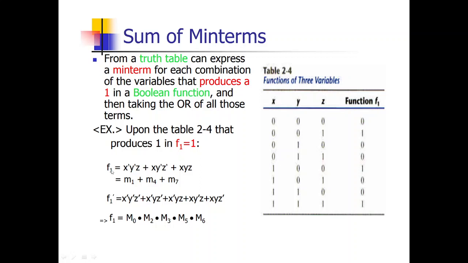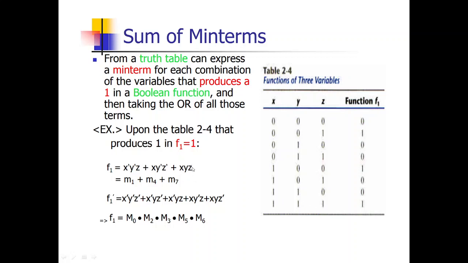See here, the sum of minterms is written as f1 is equal to, so this is 1, and the corresponding minterm is 0, 0, 1. 0, 0, 1 is nothing but x dash y dash z. So it is represented here as x dash y dash z. And the next one is here, the corresponding minterm is 1, 0, 0. 1, 0, 0 is x y dash z dash, so it is represented here as x y dash z dash.